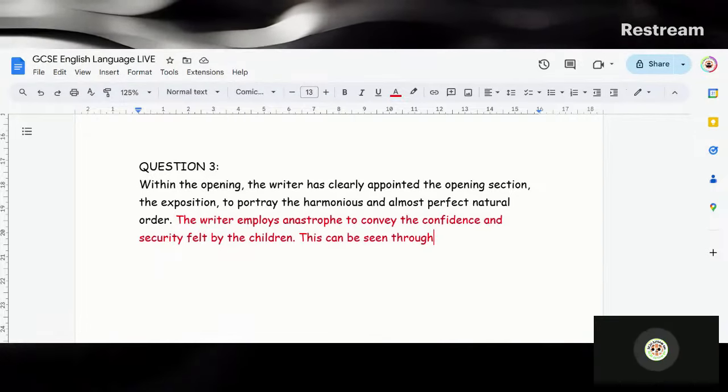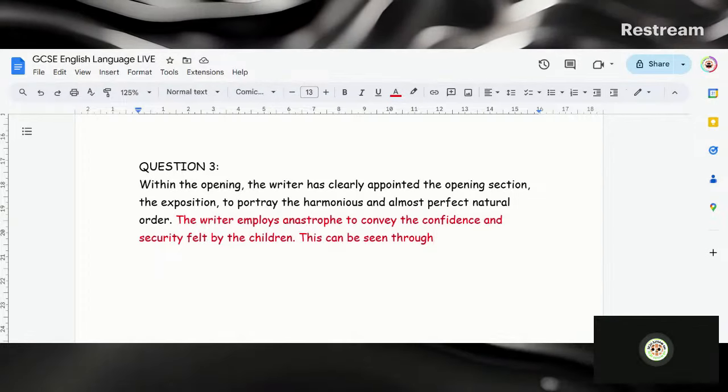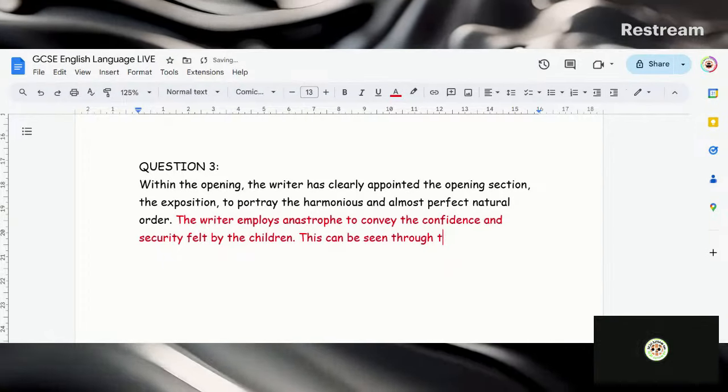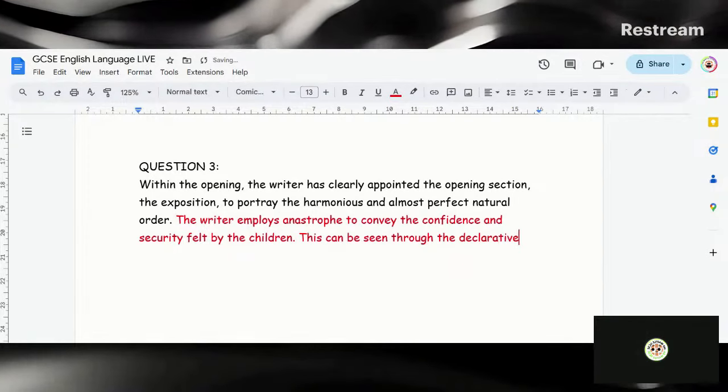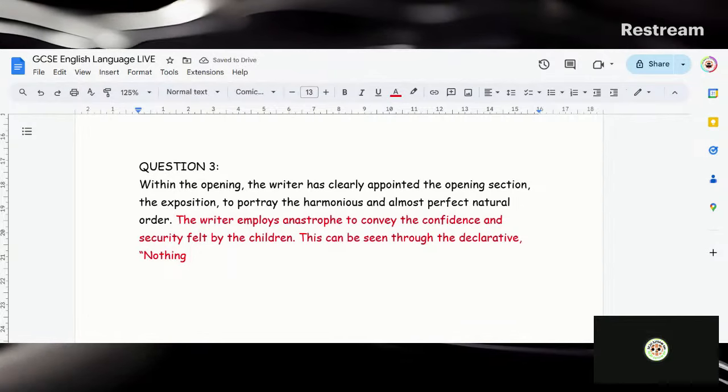So the writer employs anastrophe to convey the confidence and security felt by the children. This can be seen through the declarative, where it says,